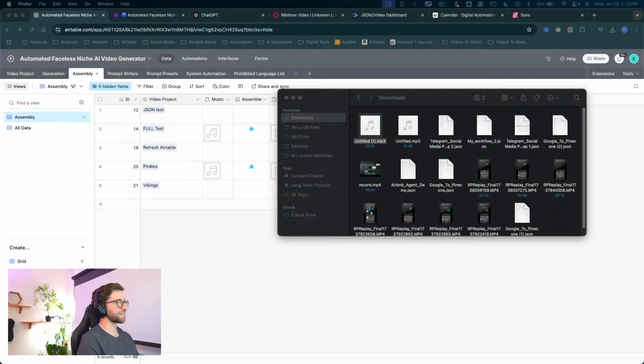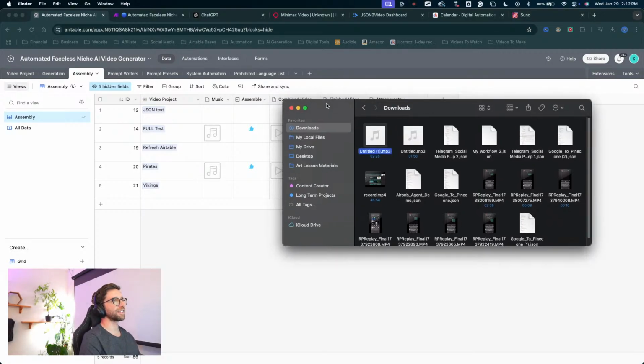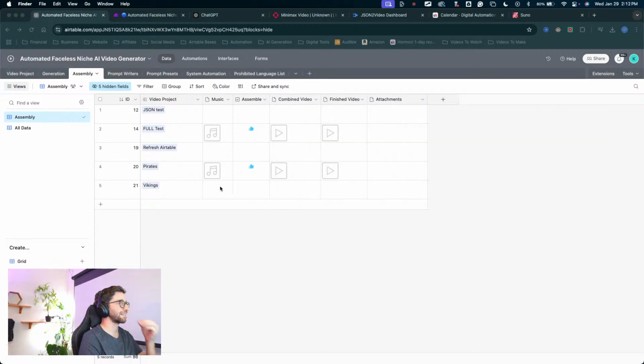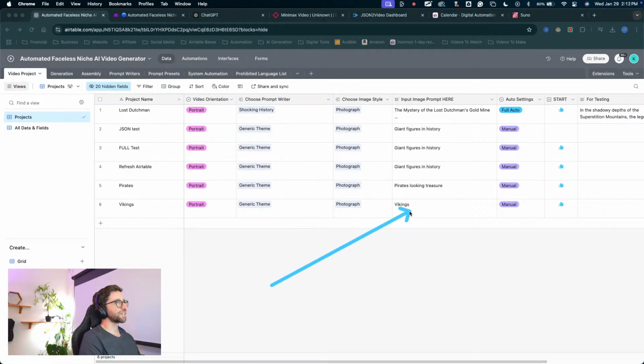Suno does an excellent job for music creation. Even if it doesn't get the sound right on the first generation, you just get more specific with your prompt, and the music there is incredible. All right. So we're going to generate this Viking thing. We should have everything in the